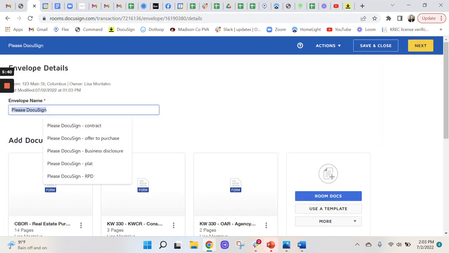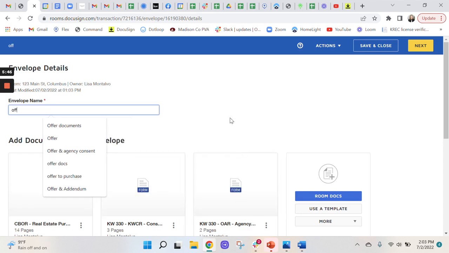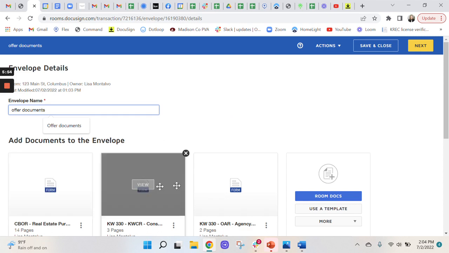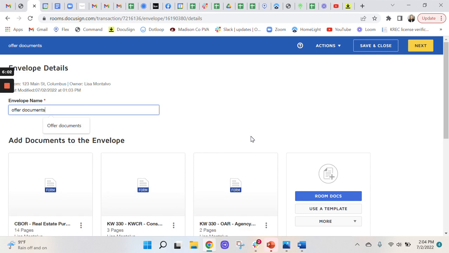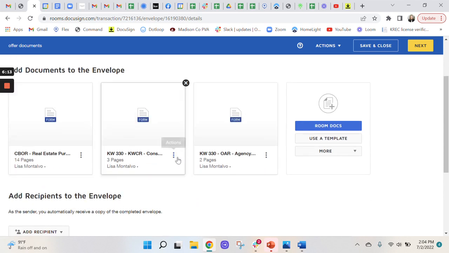you want to change the envelope name to what these documents are. I have multiple things in here, so I'm just going to put offer documents. That way, if I need to go back to this envelope, I know what's in it. You're going to be sending out several envelopes: one for the offer, maybe some for counters, for inspections. And if they all say please DocuSign, it's going to get confusing. Here are the documents that you are sending,